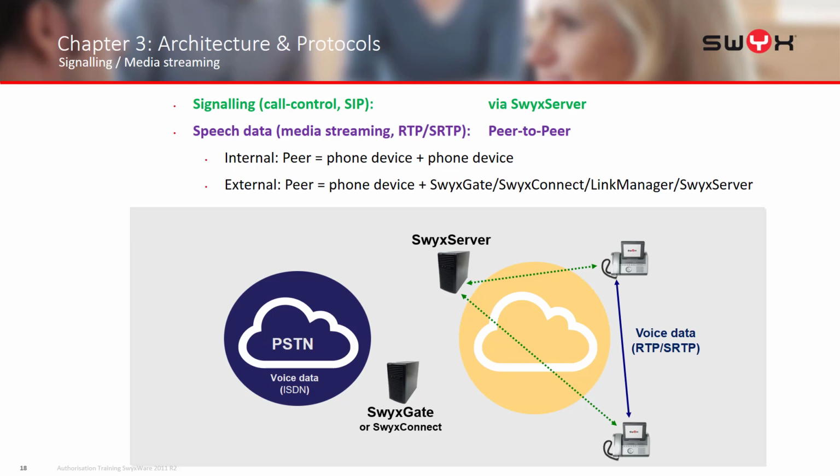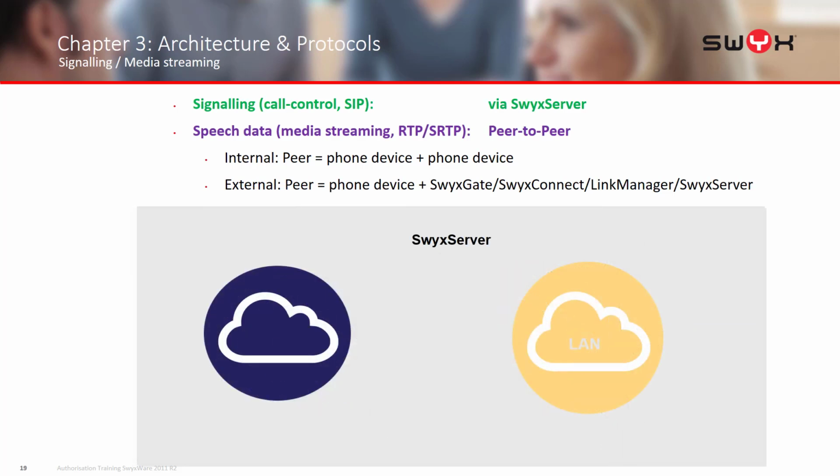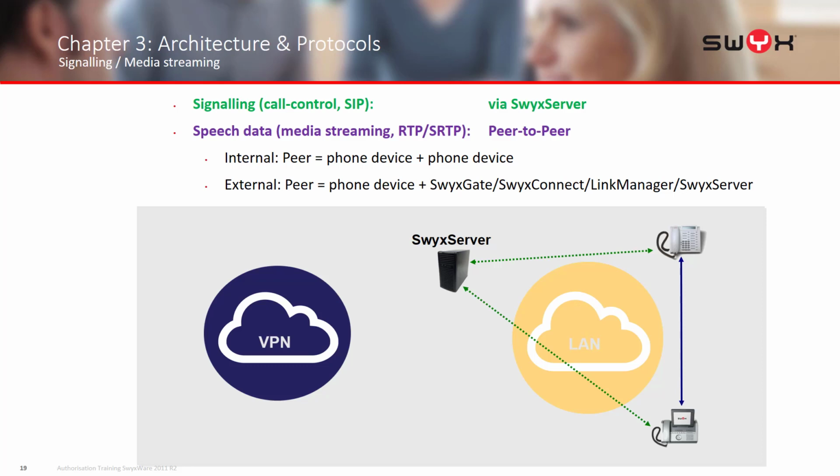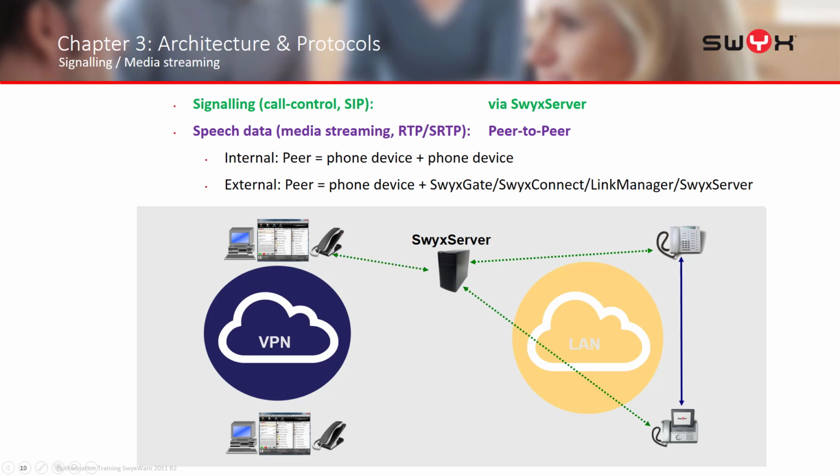Perfect. Let's introduce a VPN cloud for some home workers. So internally everything works as normal. For my home workers, this top user can ring anyone internally, and anyone can ring him, and so for the bottom user. But now when this user at the top wants to speak to the user at the bottom, the message goes via the server, which sends the ringing signal. Everything's working fine until they've both picked up their handsets, and now you're